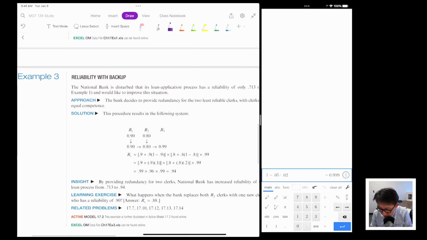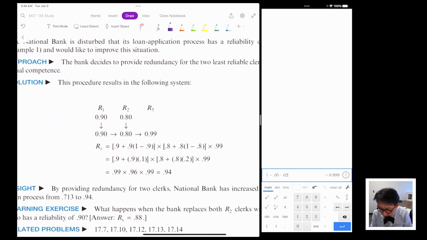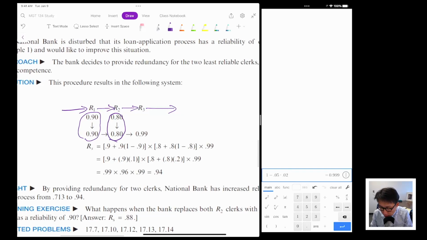Okay, and the next one is the reliability with a backup. In this case, R1, R2, R3, at the highest level, is still a series system. However, you're adding one backup to R1, exactly the same component with the same amount of reliability, and to R2 you're adding the same component with the same amount of reliability, and they're becoming backups. For this type of problem, even though it looks so complicated, you just need to do it one